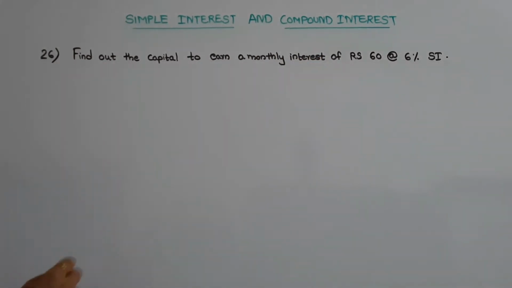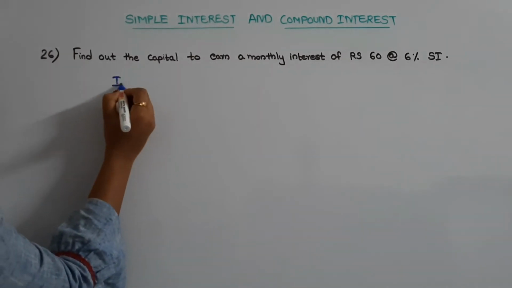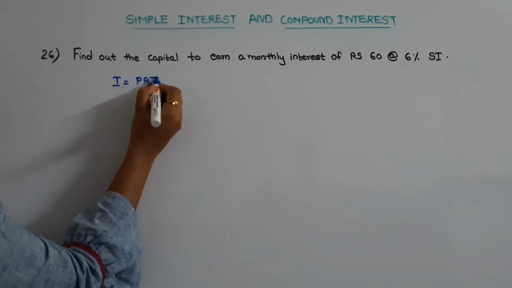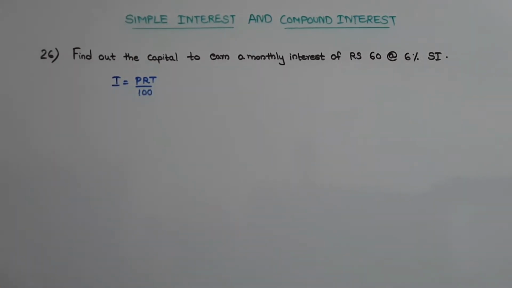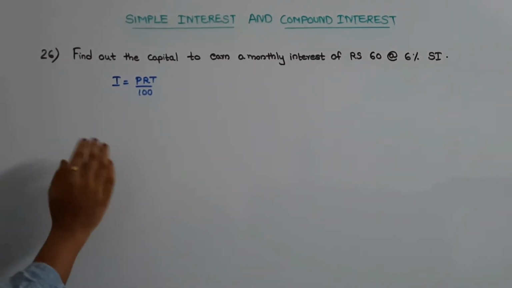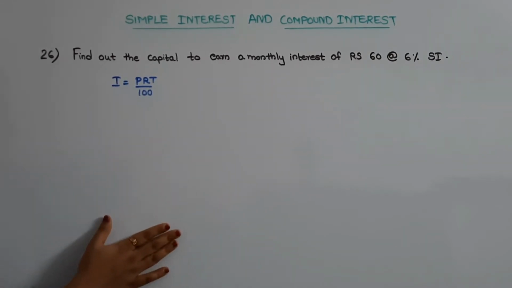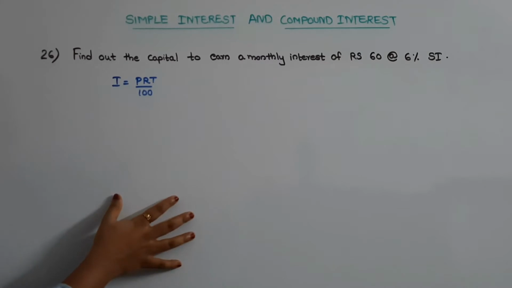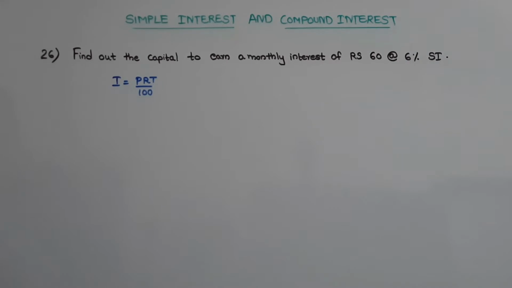This type of question can be solved by two methods. The first method is by substituting all the given values in the formula, interest is equal to PRT by 100. Then you will get the value for the principal. The second method is the method which I am going to explain here. This is also a very easy method. You will get the answer in a very short interval of time. I would suggest you to understand this method because it will be really helpful for you to solve some lengthy problems which are going to come next. So let us go towards the solution.